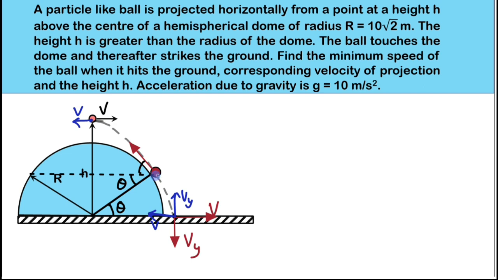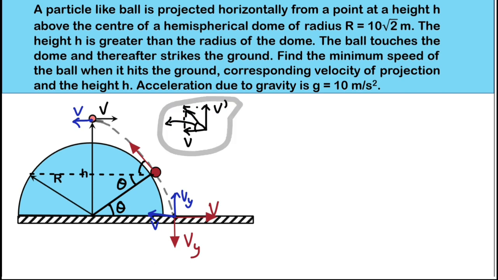At this particular instant the particle will have two components of velocity, one in the vertically upward direction and one along the horizontal direction towards the left. So horizontal velocity will not change, it will remain v, right? And vertical velocity, let's say at this particular position, is v dash. And the net velocity, the resultant of these two velocities, will be tangent to this path, which is making angle 90 minus theta. This angle is 90 minus theta.